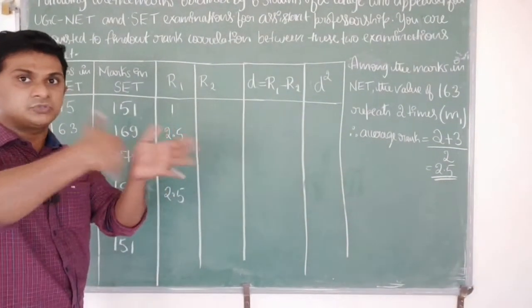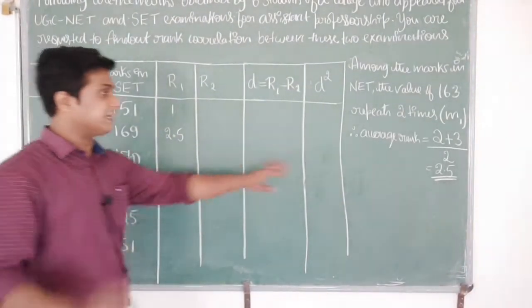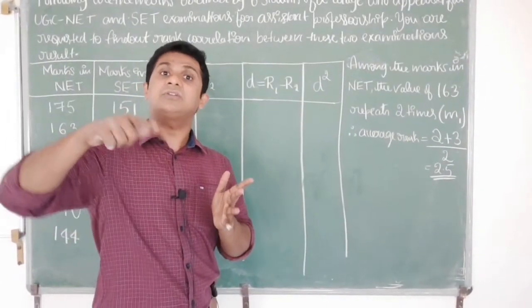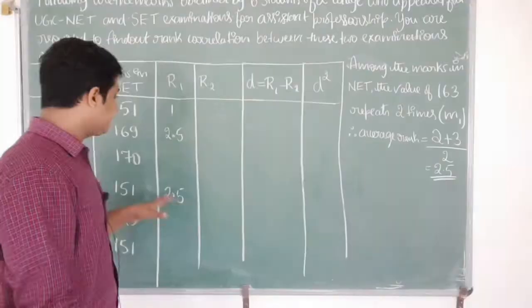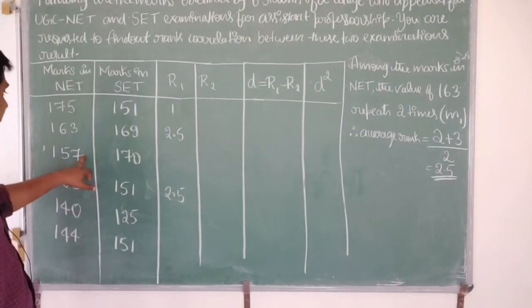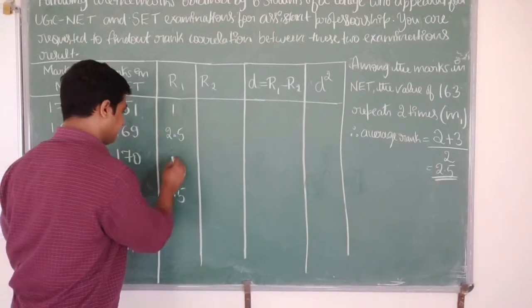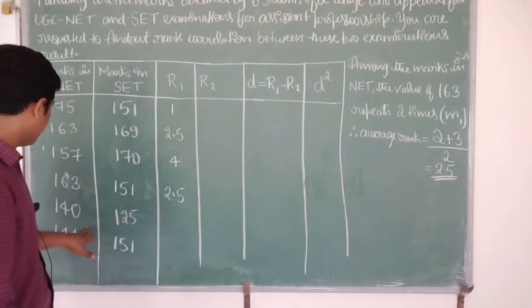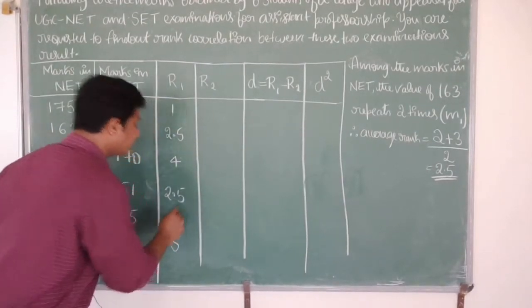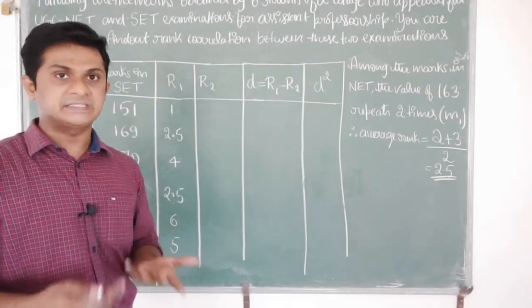Now when it comes to the next rank, this is like first, second, third. I cannot allot second and third rank to the next person, or third rank to the next person. I should allot the next value, which is fourth rank. Let me see to which student I need to allot the fourth rank. So fourth rank I need to allot to the student who has got 157 marks. Fifth rank will be for the sixth student, and sixth rank will be for the fifth student. So this is how you need to allot the ranks when ranks are repeated.